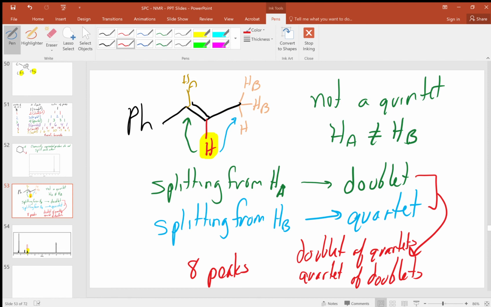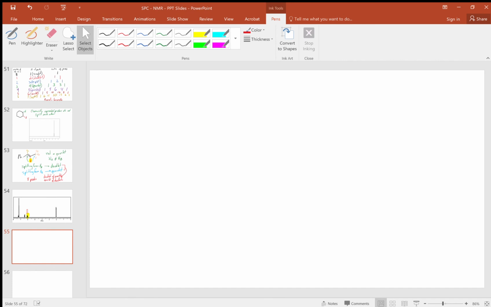But once we start to have multiple types of hydrogens that are adjacent, the splitting patterns become more complicated. All right, the final thing I want to discuss in this area of splitting patterns is to talk about what about atoms other than carbon. So if we have an OH, an alcohol,